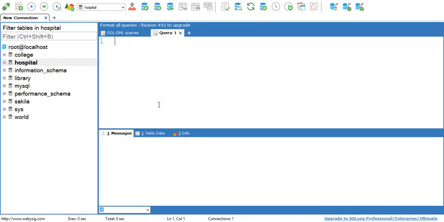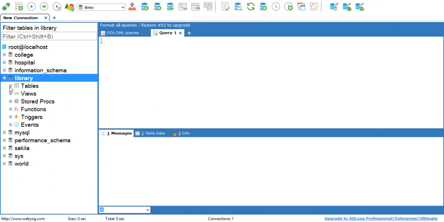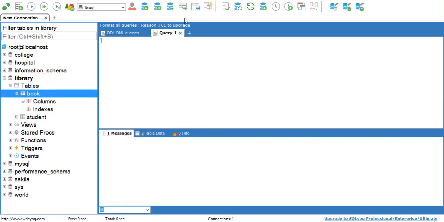functions that are used to manipulate strings are called string functions. By using string functions, we can perform various operations on strings stored in a database. Okay, so here we have one library database. Under that library database, we have a book table. So today we are going to execute these string functions on the book table. String functions can be executed on user defined strings, or we can execute string functions on any string attribute which is there in the book table, or in any user defined table.